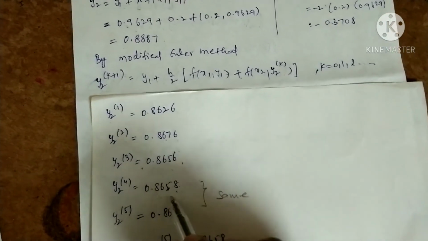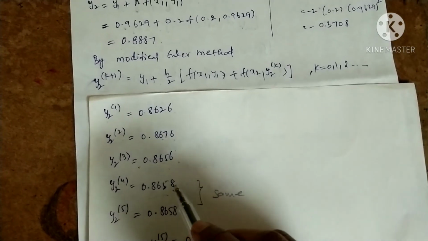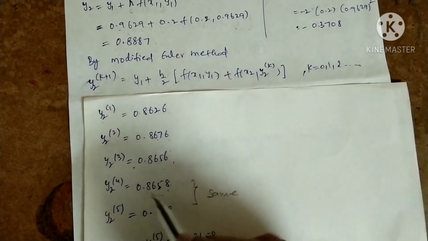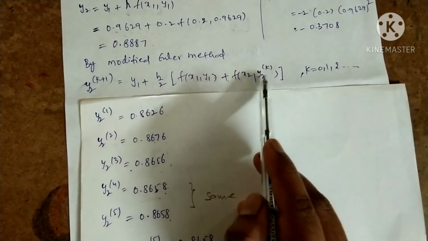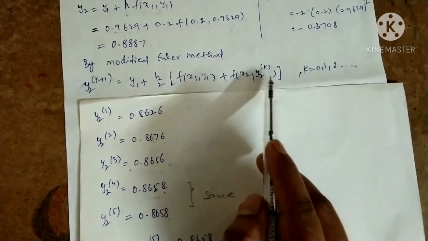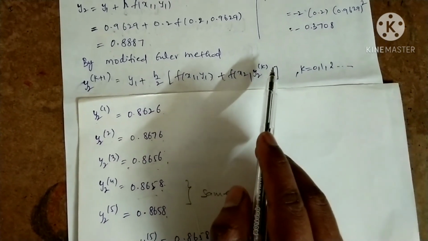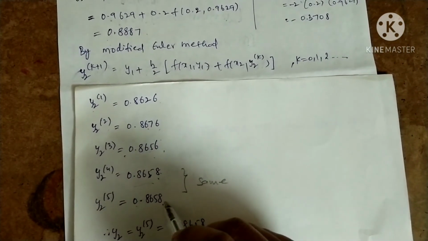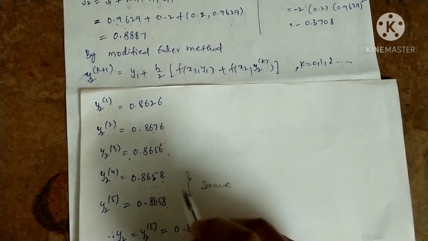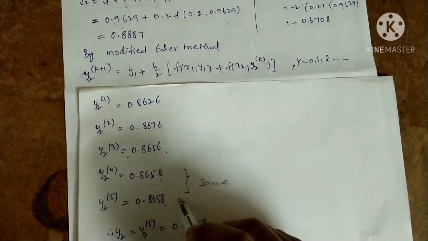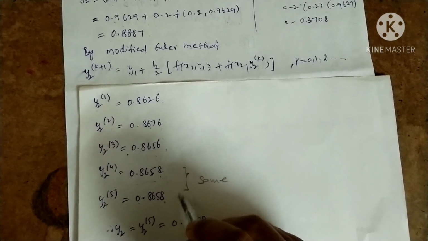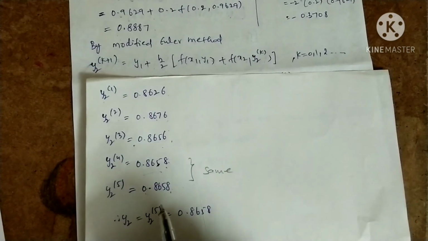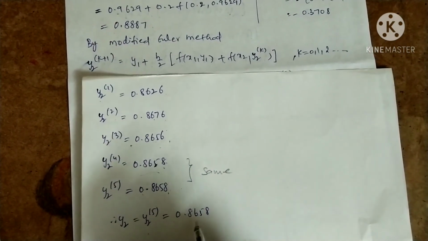We can compare this with the previous iteration. There is a 3 decimal place accuracy only. So we want to improve this value, for which we want to get the fifth iteration. For this we use this fourth iteration on the right hand side of the iteration formula of y2. Then we are getting the value 0.8658. Now we can see that the fourth and fifth iterations of y2 are the same up to 4 decimal places. So we stop the iteration process and we take y2 as the fifth iteration of y2, which is 0.8658.